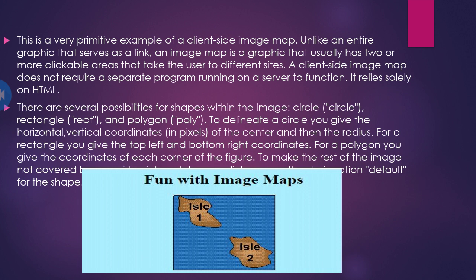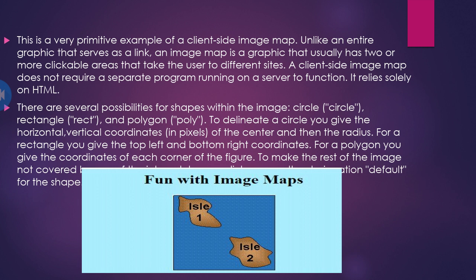Now I will explain how image mapping works and how we have to use the tag. This is the simple concept of how image mapping works. See, on the image we can create different areas, different clickable areas, and when you click on it, it will display information regarding that area. So in this image there are two clickable areas. So in this image we have done two mappings.